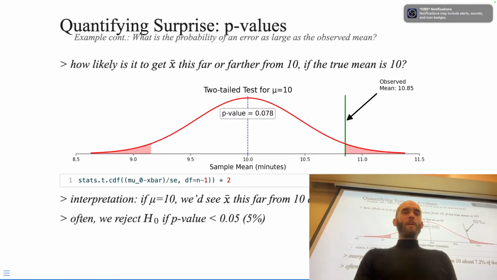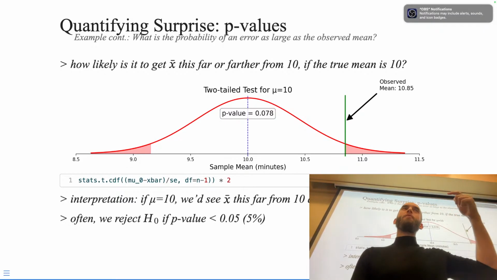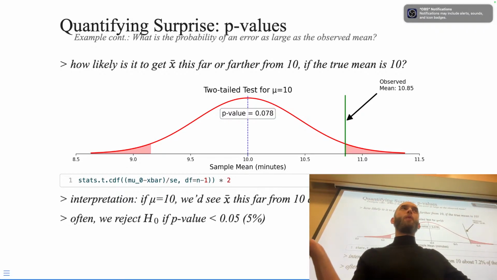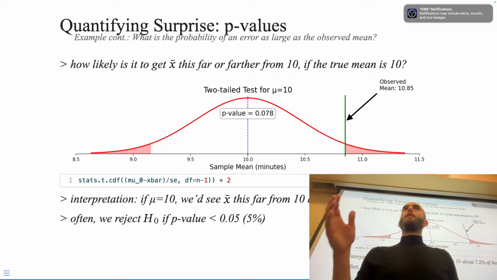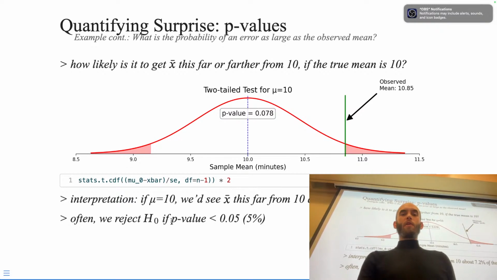So if this makes you uncomfortable, if this feels very far away, like, I'm very surprised to be seeing something this far away from my guess. That's what we call rejection, or critical values, or critical regions. We say if the p-value is less than 5% or 0.05, this is too far away for